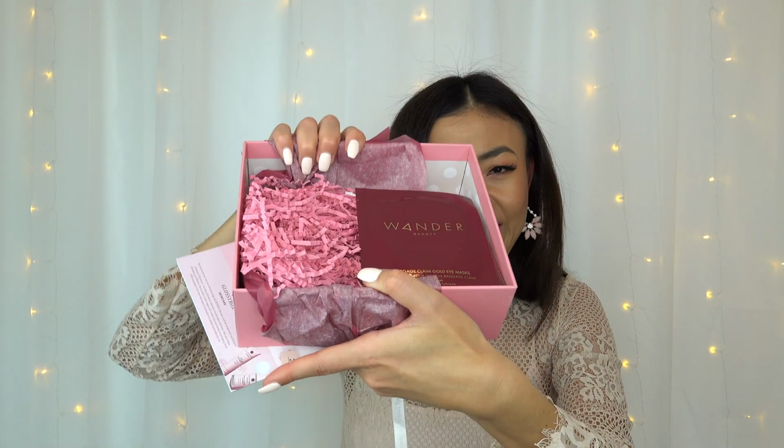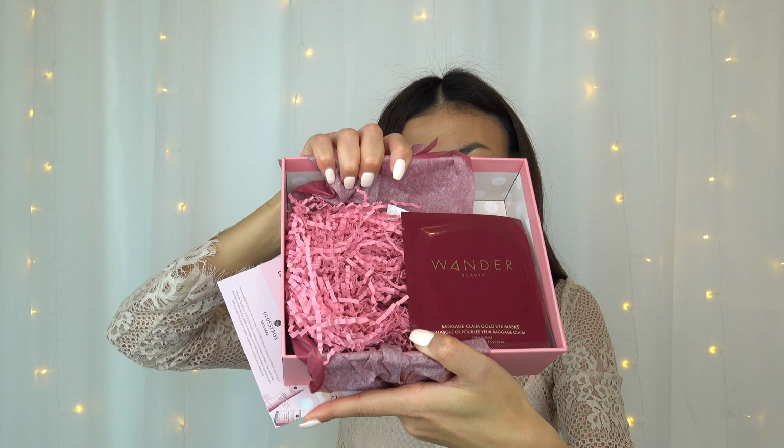Wow, I love what I see. Oh my god, look at that. I absolutely love this color. This is the first product that I laid my eyes on in this box, and oh my god guys, this looks so luxurious. It is Wonder Beauty Baggage Claim Gold Eye Mask, which retails for £20, and according to the product